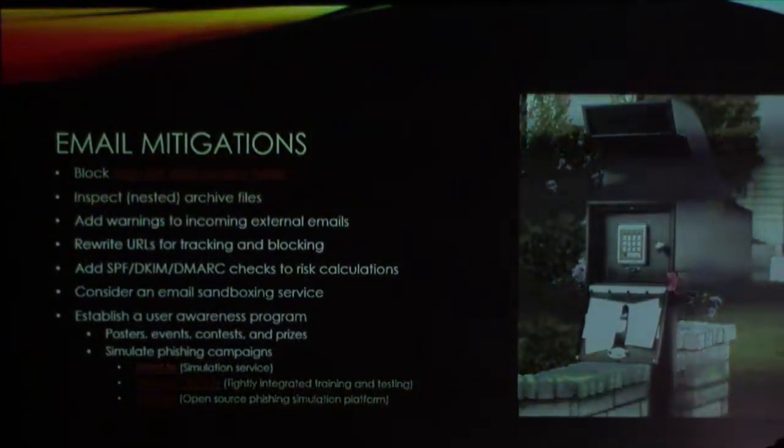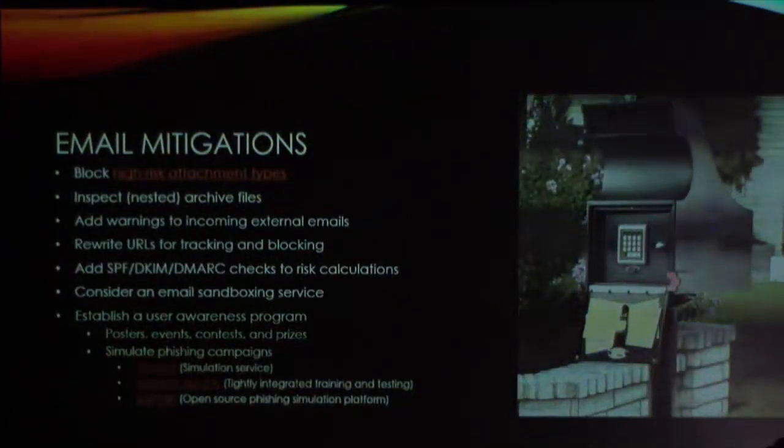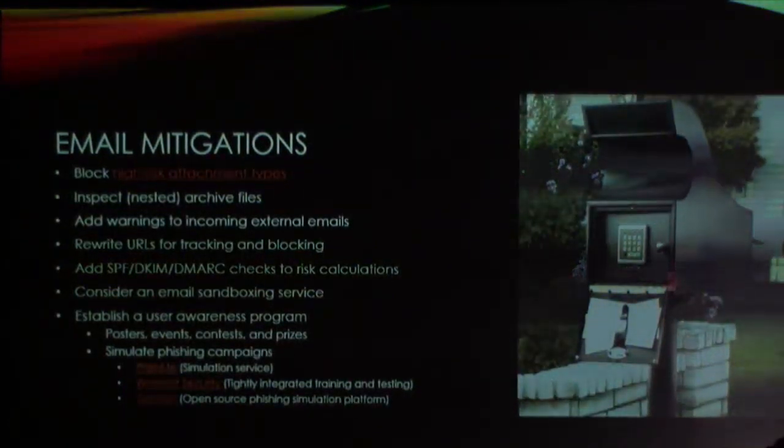So just having a feature where it will change the body and just say, hey, just so you know, this is an external email, didn't come from our servers, be careful with this. That way, if you don't have SPF enabled yet, for example, and people can still spoof your CEO and things like that,